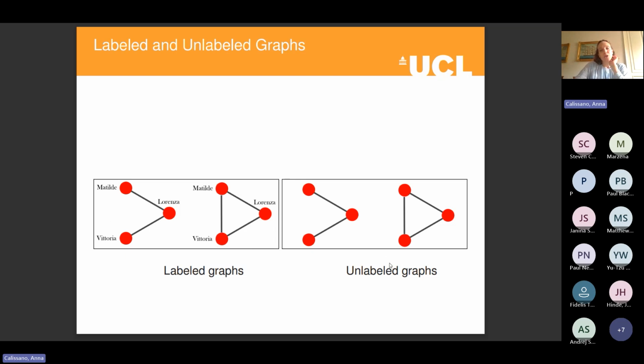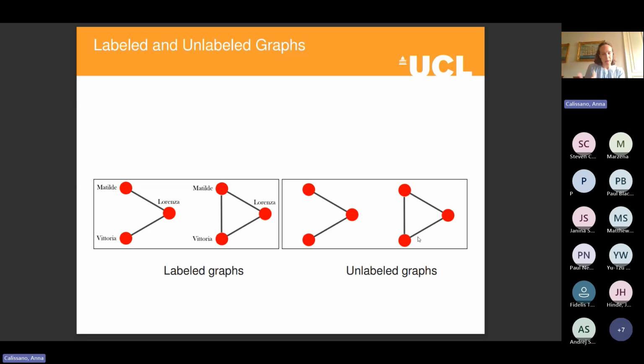Another type of graphs, which are more interesting to study in terms of theory, as they are a bit more complex, are what we call node unlabeled graphs, or simply unlabeled graphs. This type of graphs has uncertainty around the node labels. So, for example, you have these two graphs and you don't know which node corresponds to this first node in the second graph. So we need to